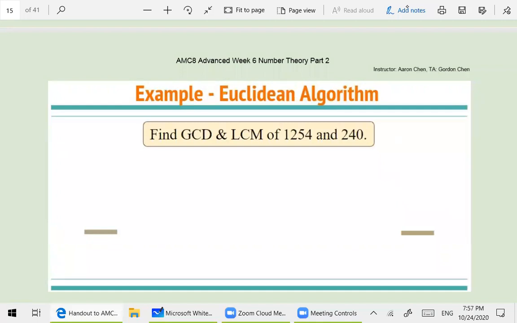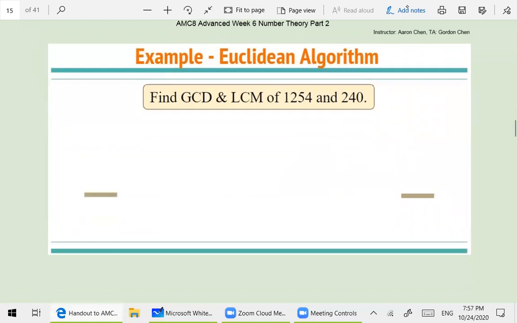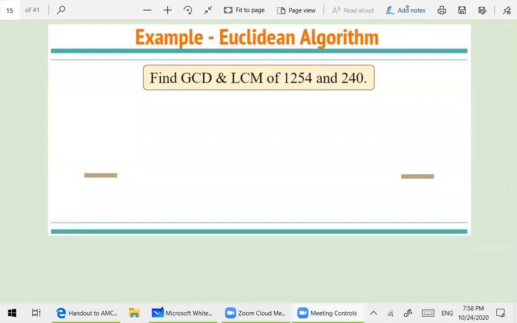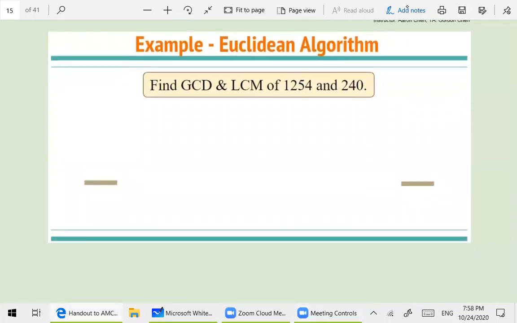Okay, now here's an example. If you want to, you don't have to explicitly find what the LCM is. You can just use